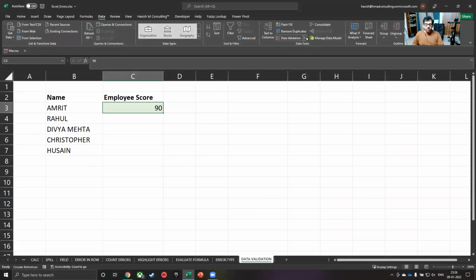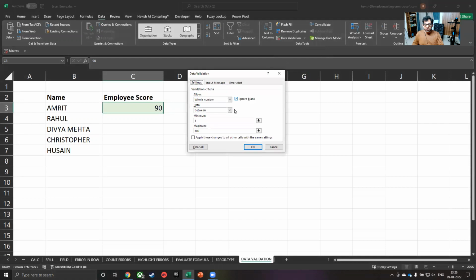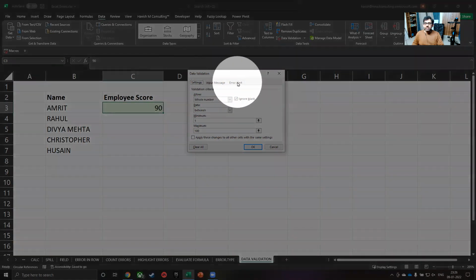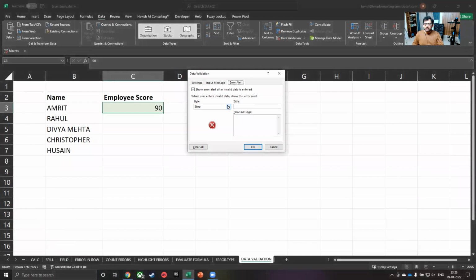What you can do here is to go to data validation and then modify the error alert. So you can see that I can change the type of icon that is appearing. I can also add a title and an error message. So for example, the title can be that error in value.